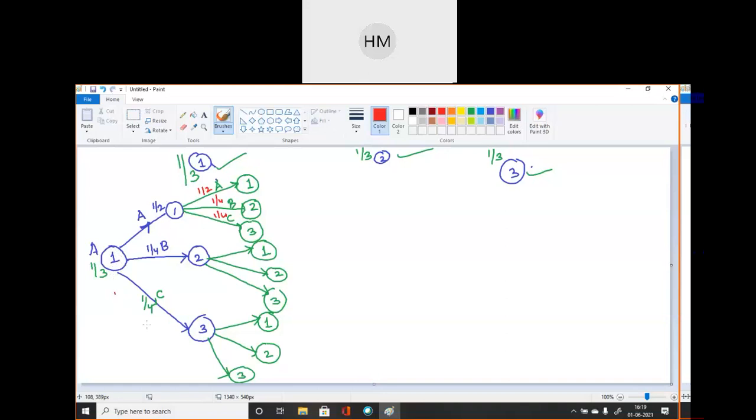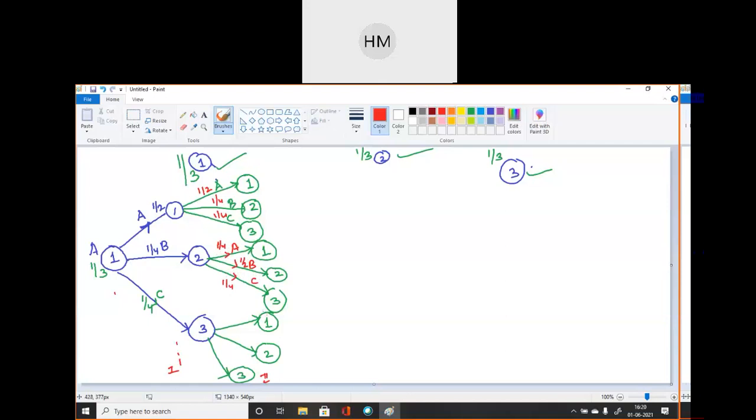Okay? So from this, we know very easily because we had the first state. This is the first state, this is the second state. So moving from the first state, we had 1 to 1 transition, 1 to 2 and 1 to 3. Now, this is for the first time that we are moving from state 2 to 1, 2 to 2 and 2 to 3. So when I'm moving from 2 to 1, the symbol produced is A. Then from 2 to 2, the symbol is B. 2 to 3, the symbol produced is C, and the respective probabilities are 1 by 4, 1 by 2 and 1 by 4.